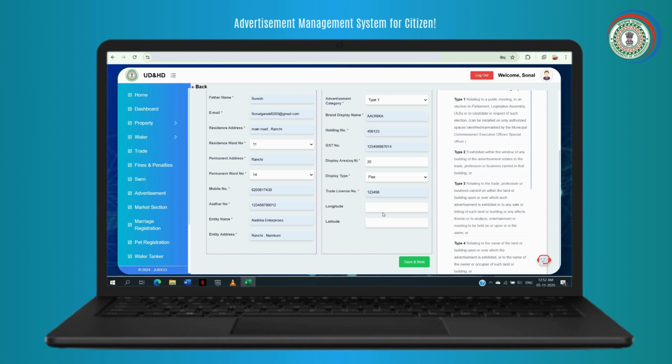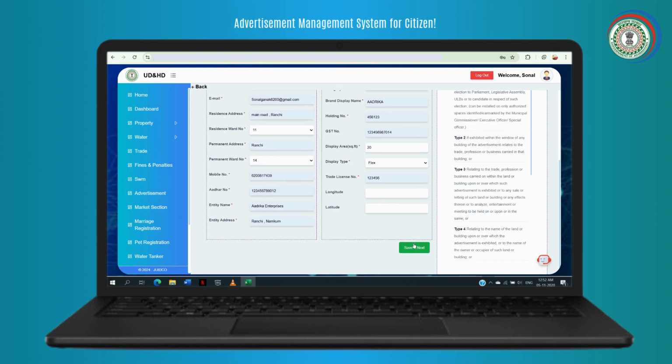Longitude and latitude are optional fields. After completing all the required details, proceed by clicking the Save and Next button.